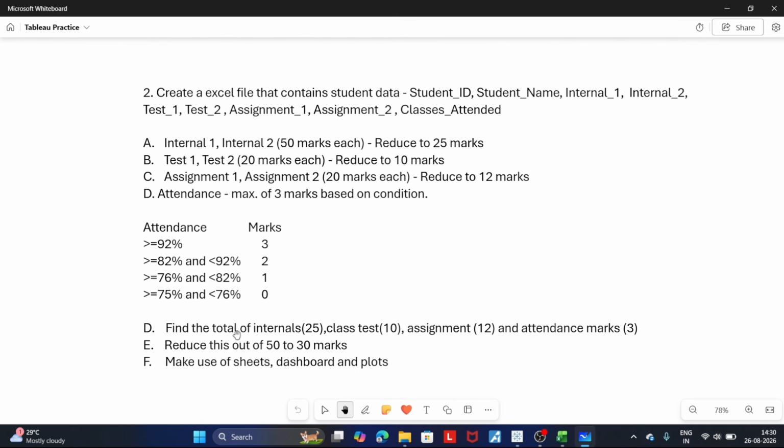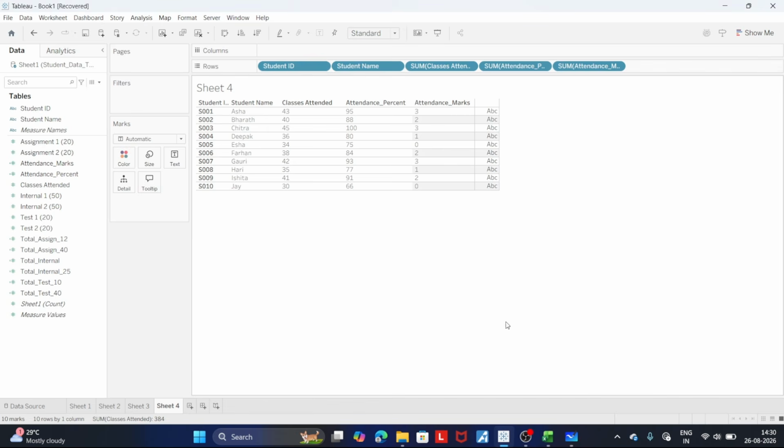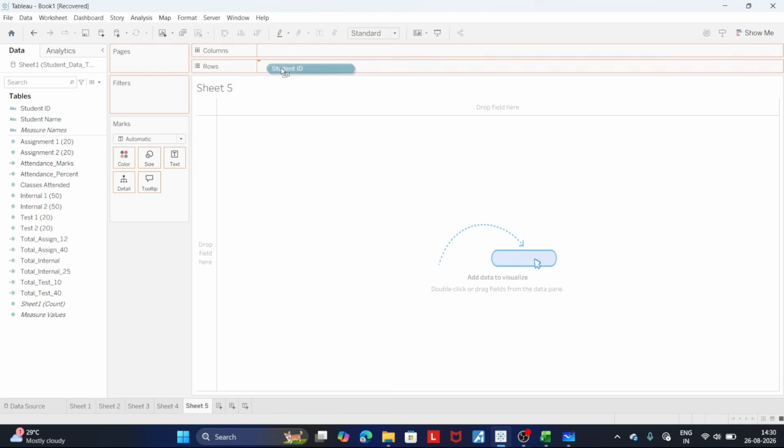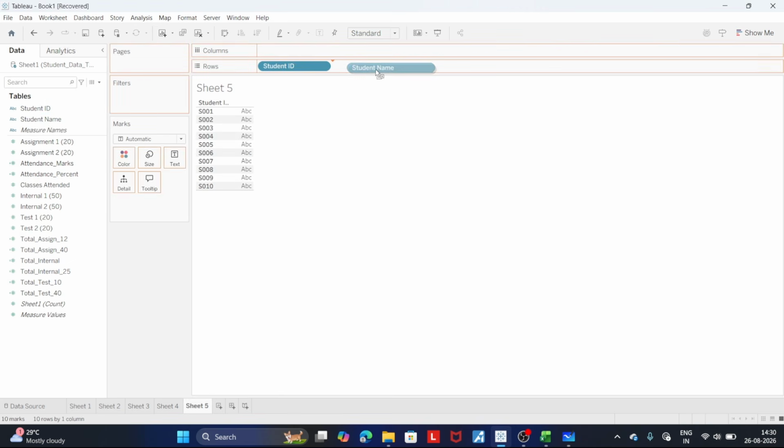We have to find the total of internals, class test, assignment and attendance marks. So these are the 4 columns which we have already calculated in the previous four questions, and we have to calculate the total of those 4 columns, which will become out of 50. So here I will create one more sheet. I will just drag student ID, student name,